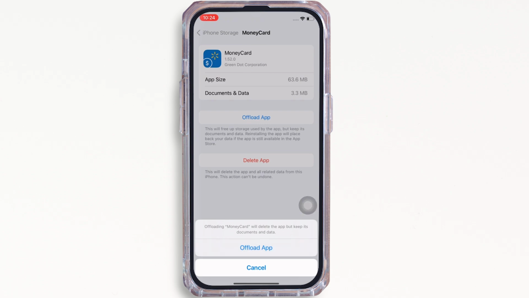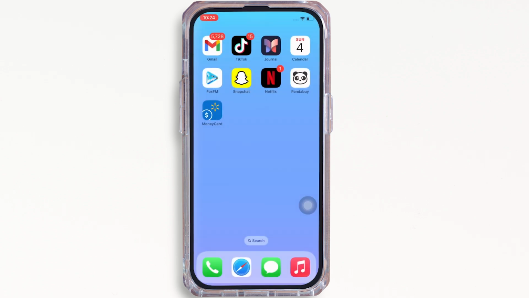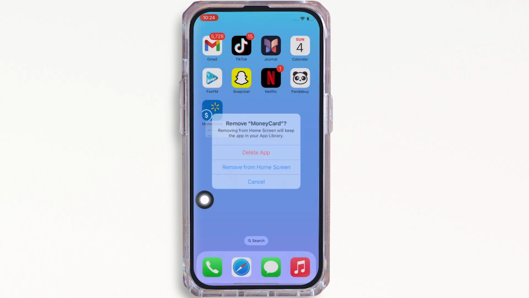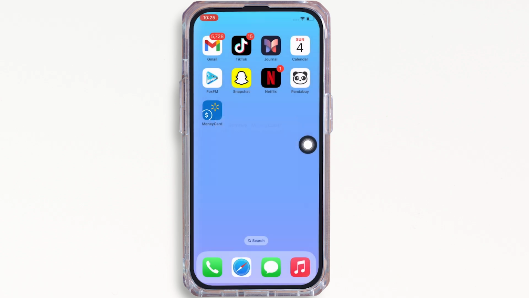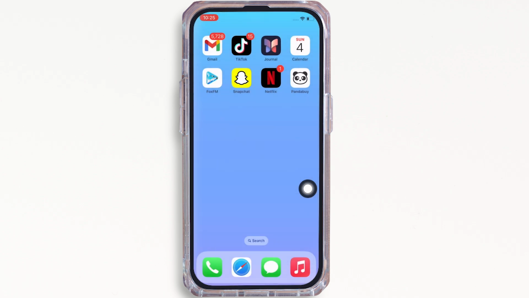And if your issue is still not fixed, try to delete the app and reinstall the app again. To delete, go to your home screen and hold on the Walmart MoneyCard application. You will see the Remove App option. Tap on that and then tap on the Delete App option. In the pop-up that appears, tap on Delete again and then go ahead and open App Store and tap on